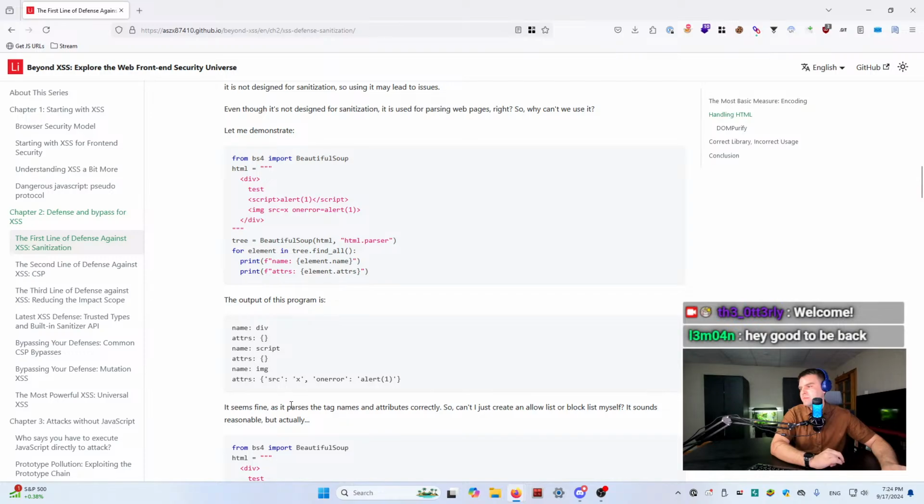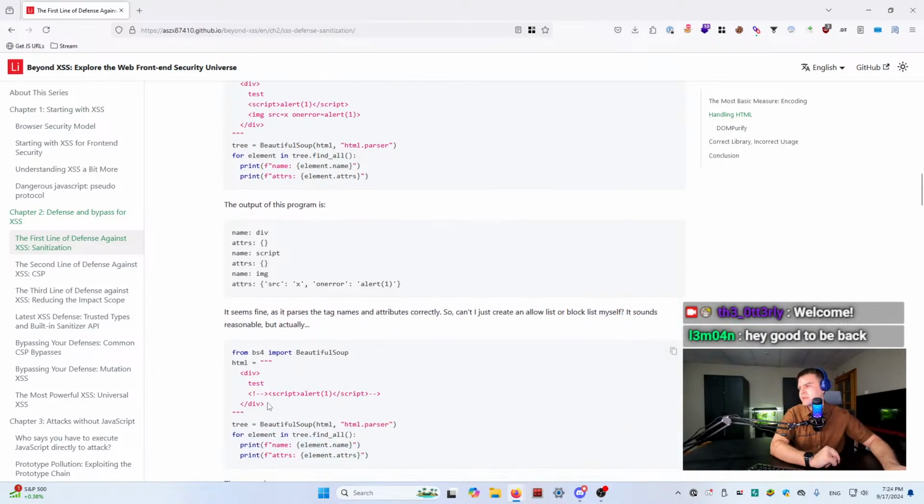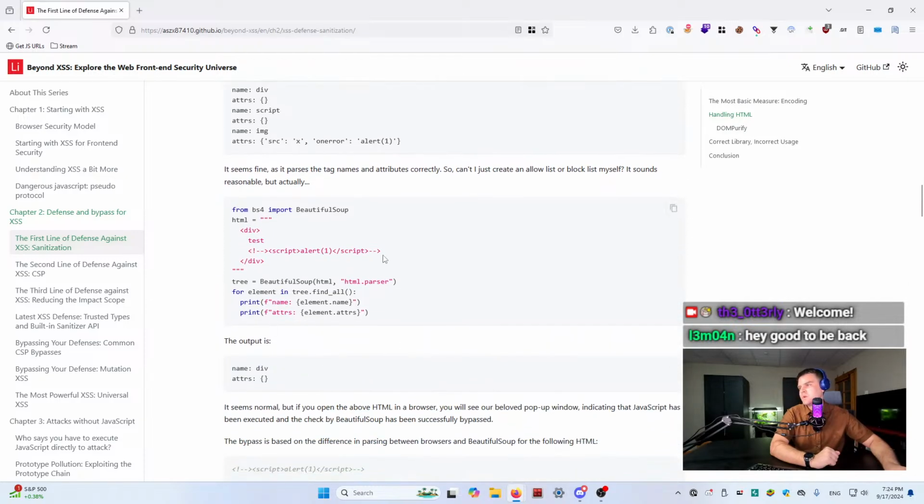It seems fine, and it parses tag names and attributes correctly. So can't it just create an allow list or block list myself? It sounds reasonable, but actually, imagine if this is coming from a malicious user. So this is using HTML comments, and even though the output doesn't show anything and seems normal, but